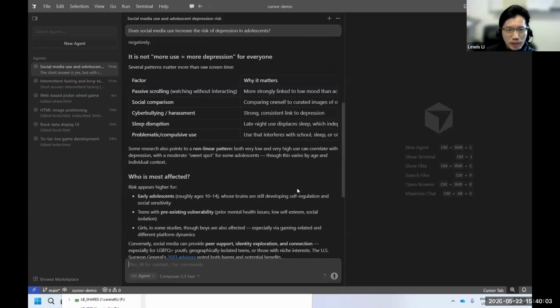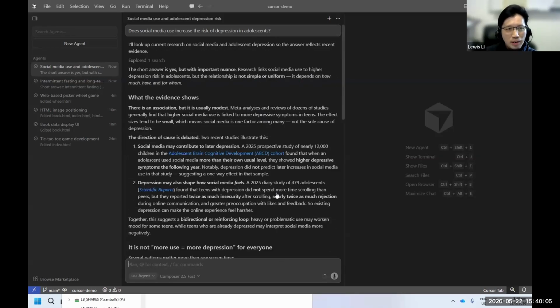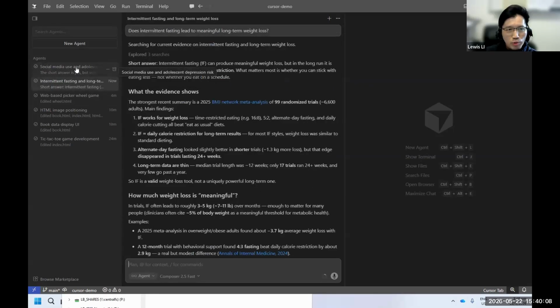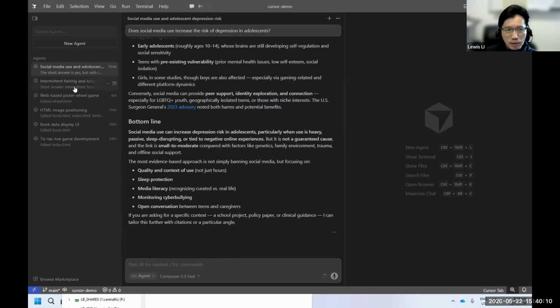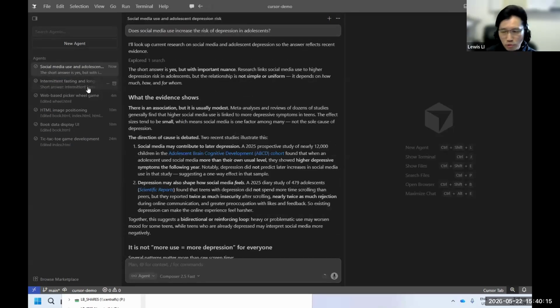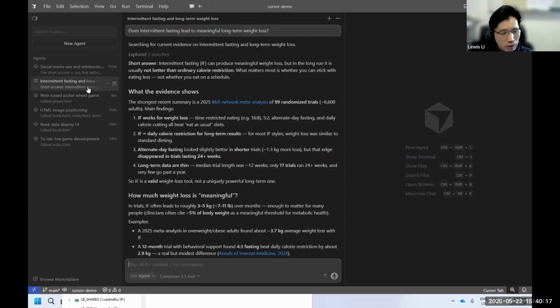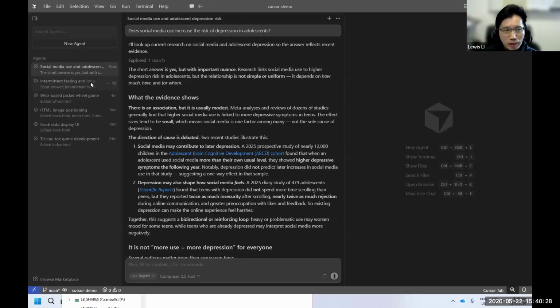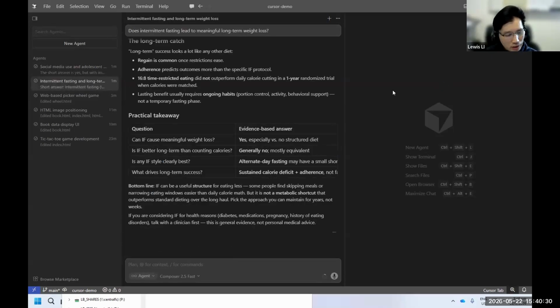Whatever is shown here, at least you know that we can run parallelly for the same task or for different tasks using different agents at the same time. So this is what we call the parallel agent. It saves you time. Of course, it consumes tokens for each of these agents, but at the same time you can run different things. This is one of the options that you can use to run parallel agents.